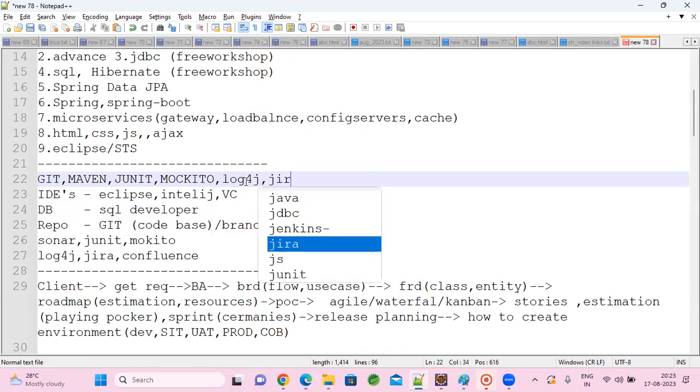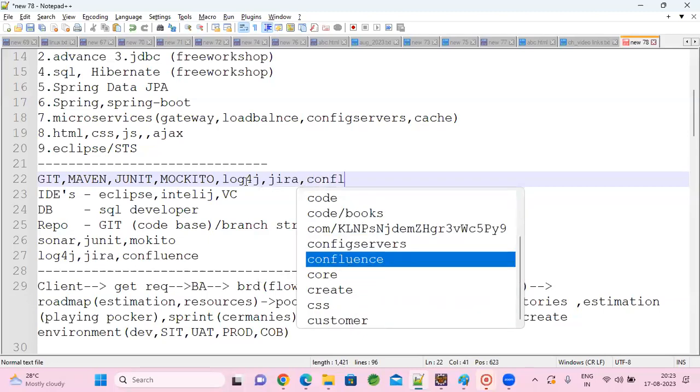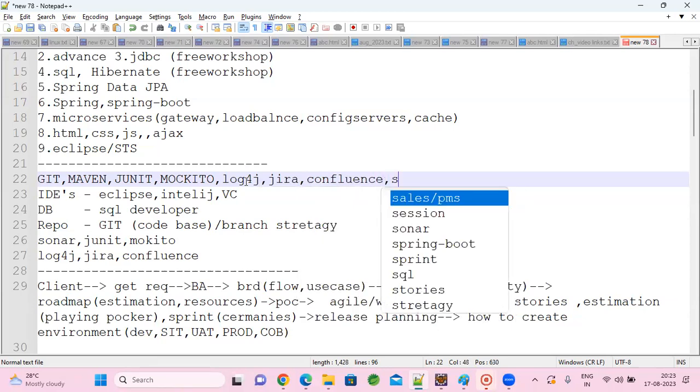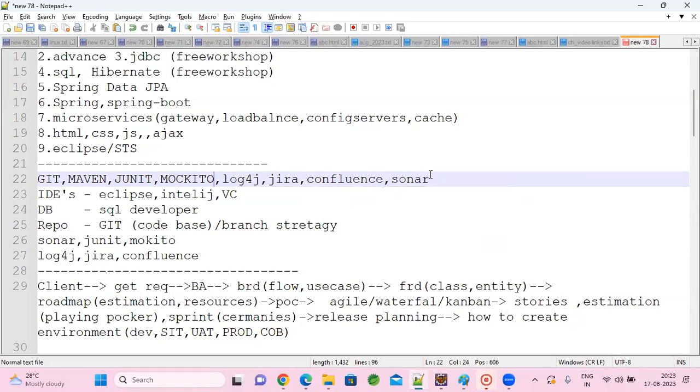And we will discuss Jira, how to create user stories, how to assign them, and how to update your progress. As part of Agile, we are going to discuss it. And Confluence, most of you are well aware of, for documentation. We will use Confluence, and I'll cover Sonar and Lint for code quality checking. And one thing I'm missing here.